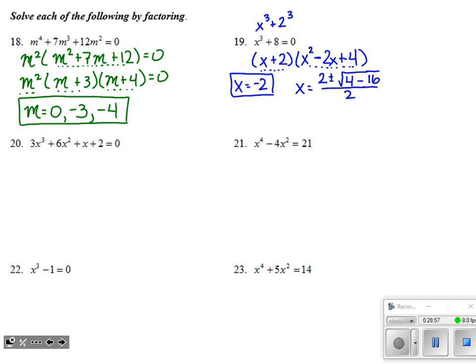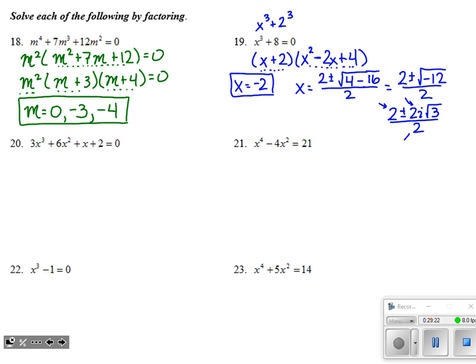And we can see the negative forming underneath our square root. That's 2 plus or minus the square root of negative 12 all over 2. Now it's just a matter of simplifying. 2 plus or minus, this is going to be an i term. And I told you root 12 is a good one to memorize. It's 2 root 3. So as it's imaginary number, we call that 2i root 3. And it's all being divided by 2.